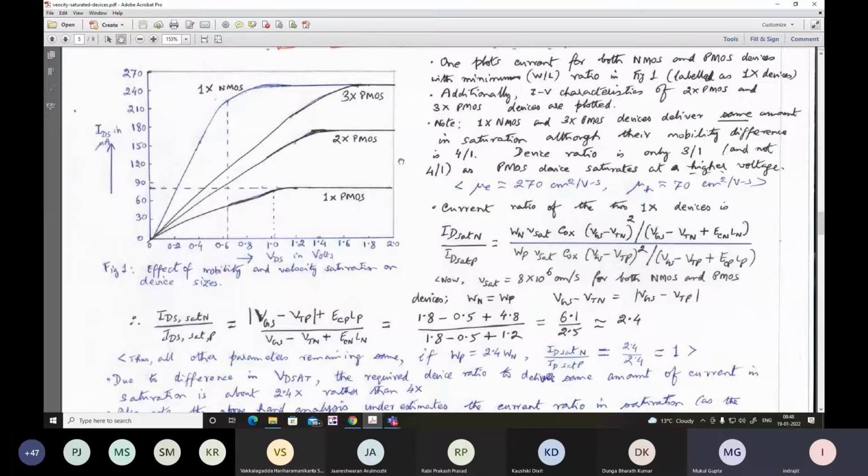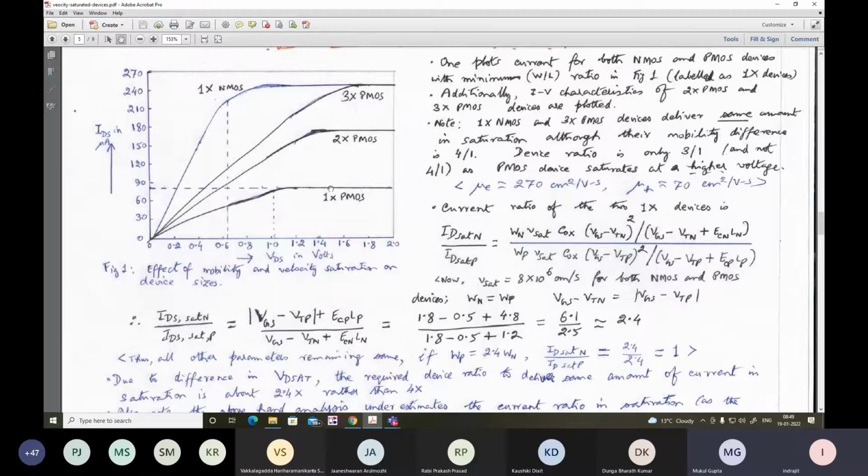If you have to charge up the capacitive load and then charge it down, let us say the terminal voltage across the capacitance goes right up to the bias voltage, and then comes down right to 0 volt. In that case, due to the difference in the saturation current of feature size PMOS and feature size NMOS by a factor of 3,